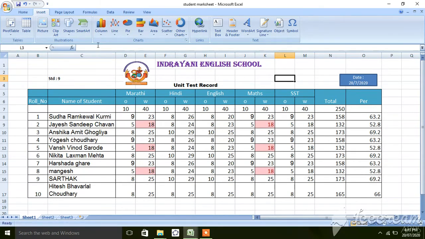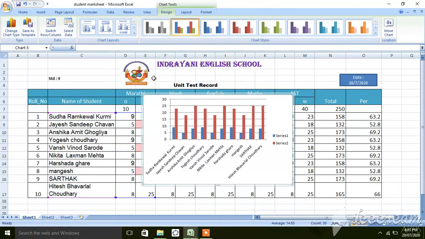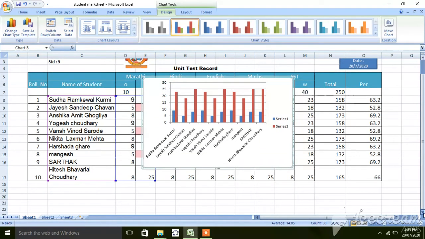We'll take one example of a column chart. So select the data. Now I will display the chart of only Marathi marks. Click on column. Now see how that chart gets displayed. I will go down.